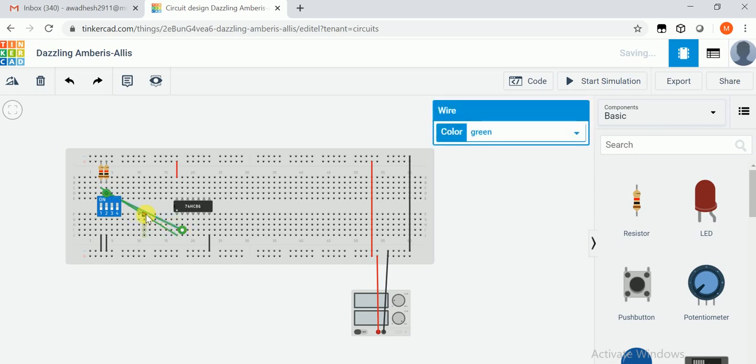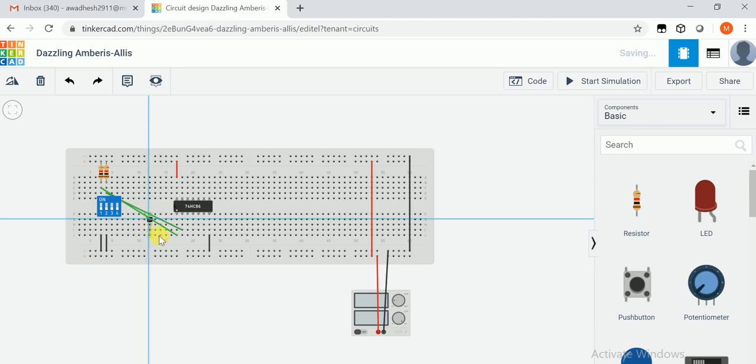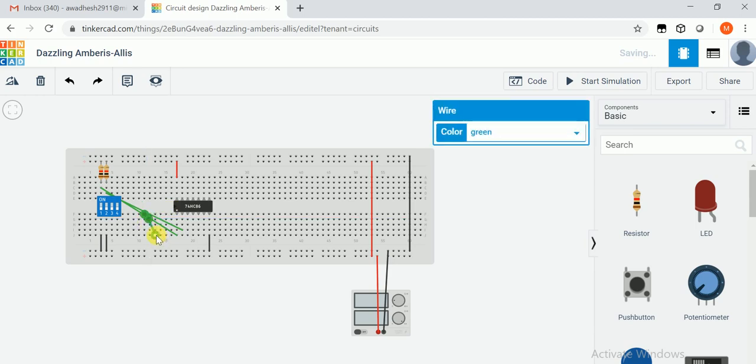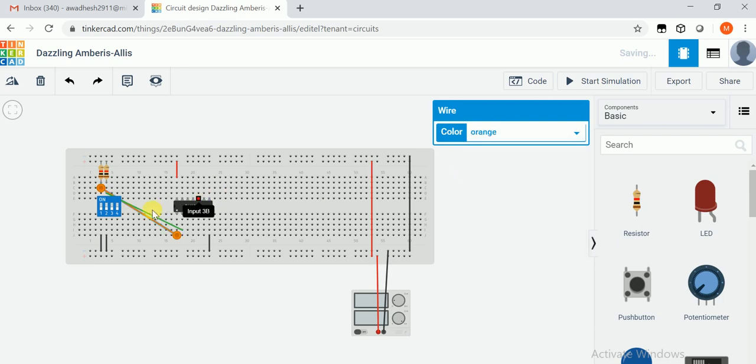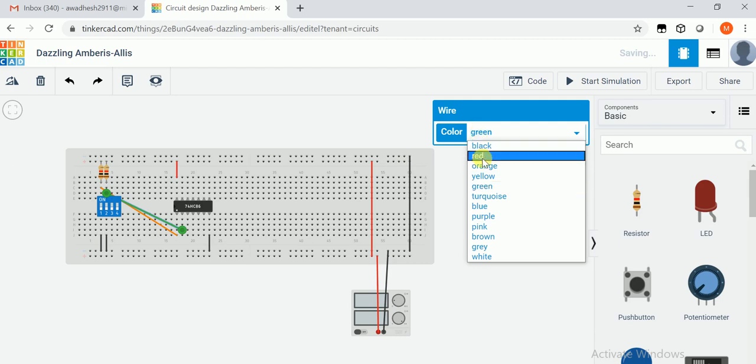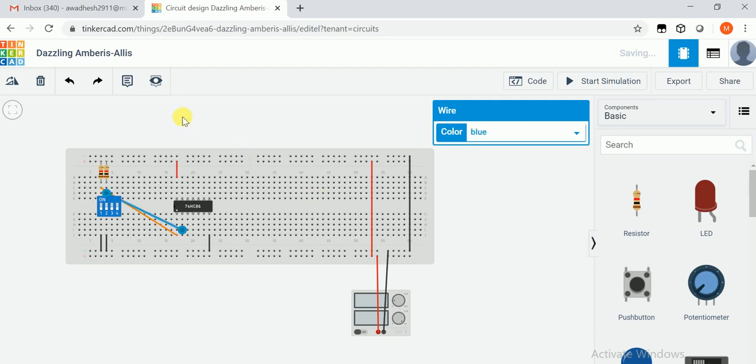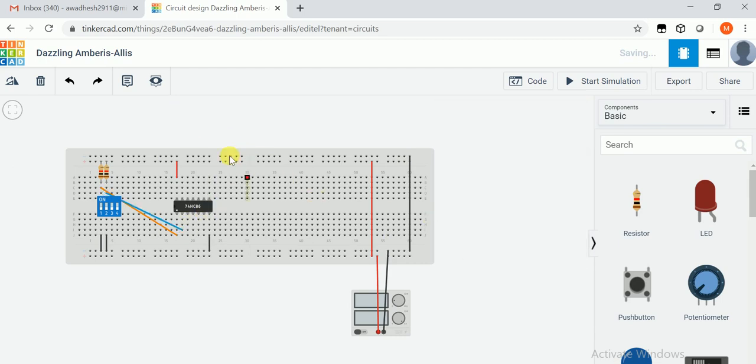So make first input in the color. First input is here, so make it orange, and second input make it blue. Okay, and the output should be green.